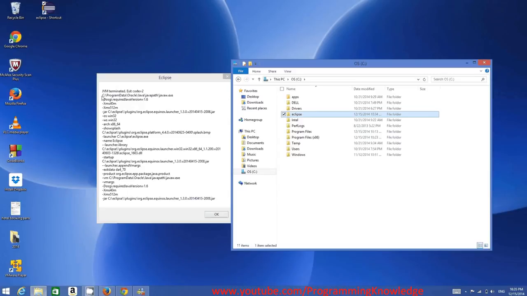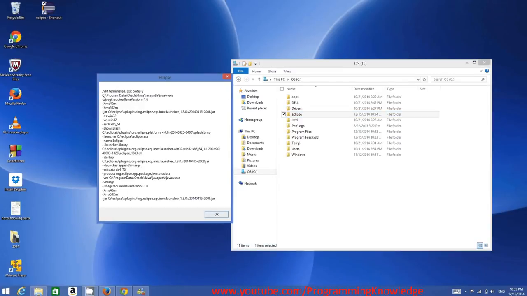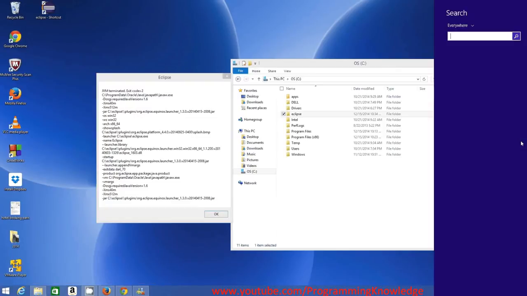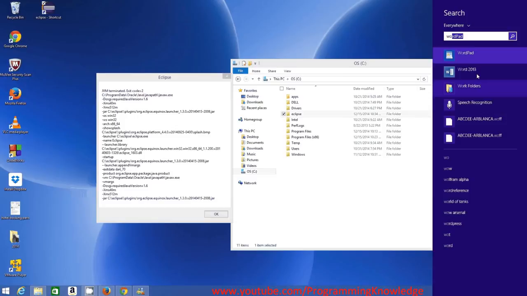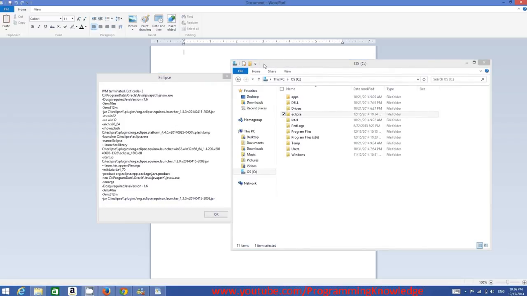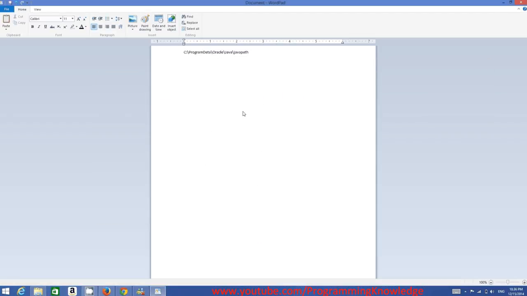This error is due to the environment variable setting of this C slash ProgramData slash Oracle slash Java slash javapath. Okay, so I will open Notepad or WordPad to give this location to you so that you can see it